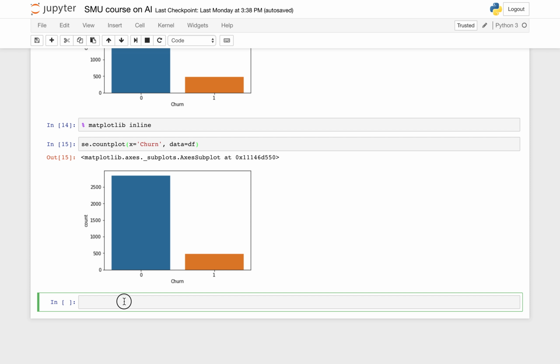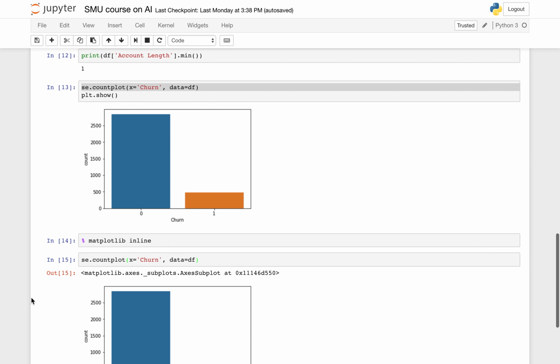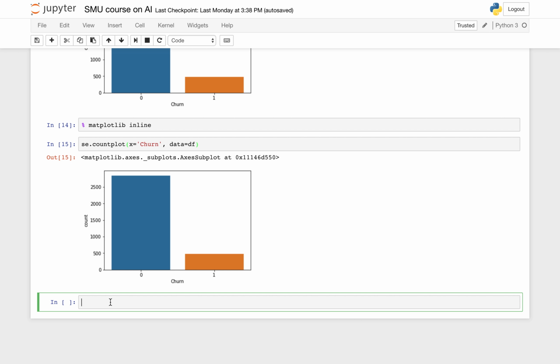Okay, so let's explore some of the other columns. One of the things we're going to look at now is this voicemail message. So we're going to look at people using voicemail and whether that has anything interesting inside of it. So why don't we try a count plot, just like we did earlier, but this time we're going to look at voicemail messages. And again, we're just going to feed our little